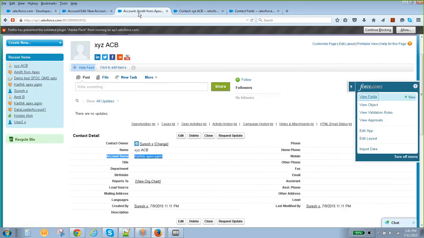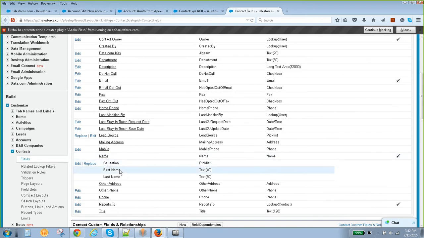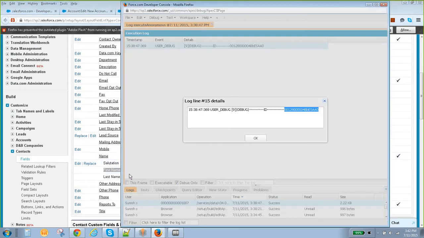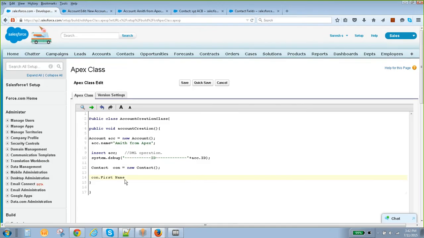So now, once you create the account with the insert, create a contact also. Con dot set all the fields. Whatever fields are available for the contact. Let's say basically we have to use a first name and last name, which will become the name. First name will be my name.